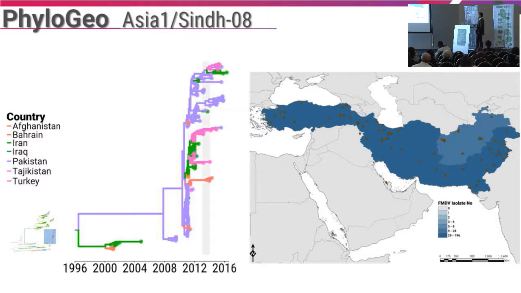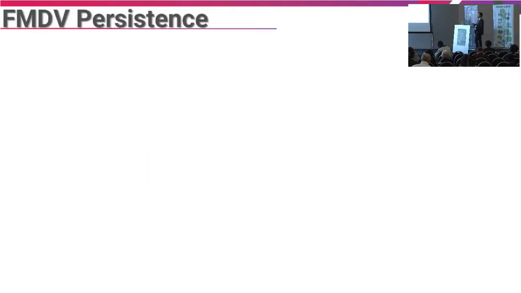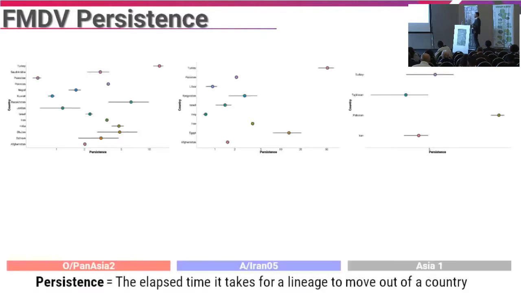As we saw before, the effect in Turkey is quite clear: there is periodical activity of introduction of lineages, and when some sublineages die out, a new one emerges. To understand this clustering effect of evolutionary dynamics at the geographical level, we can take into consideration the persistence. The persistence is basically the elapsed time that it takes for lineages to move out of the country, and